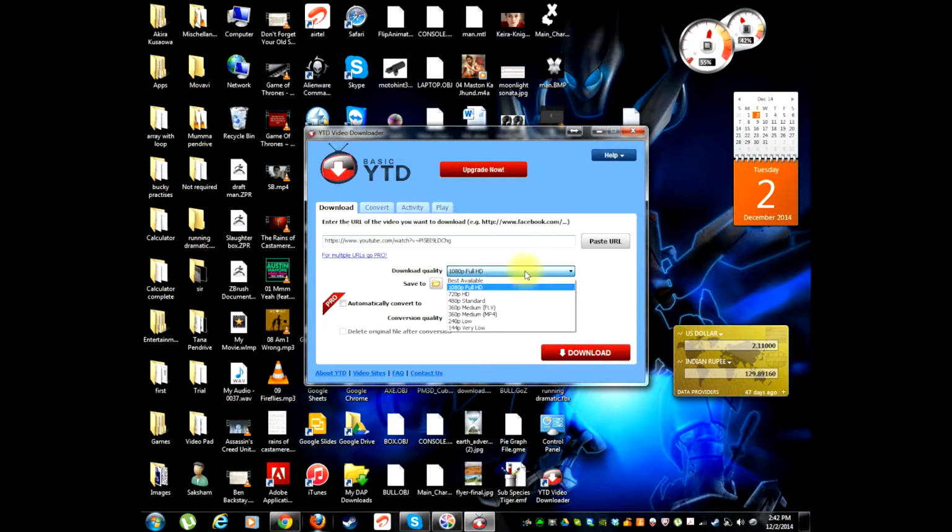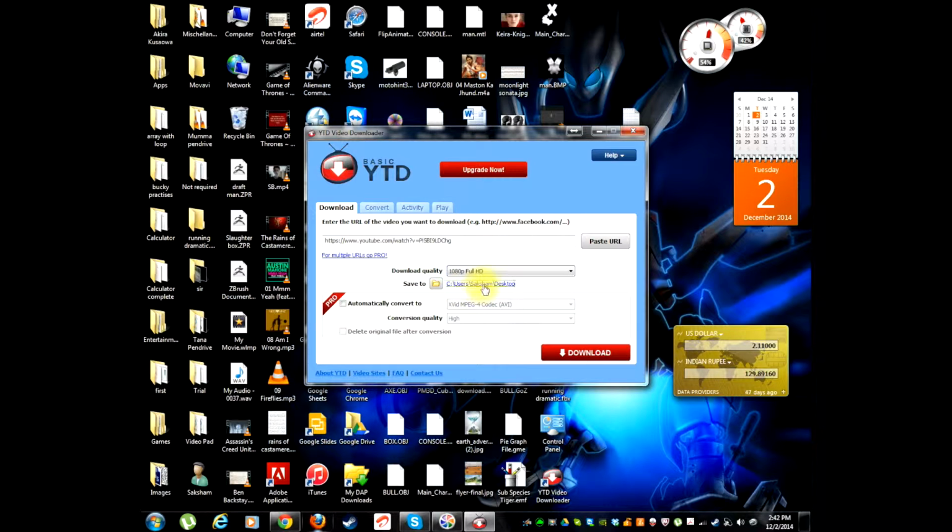Then we have the option to set the download quality. So 720, 1080, 480, 360. There are two options in 360, FLV or MP4, 240 or 144 pixels. We'll stick with 1080, and I'm not downloading anyway, so it won't matter.